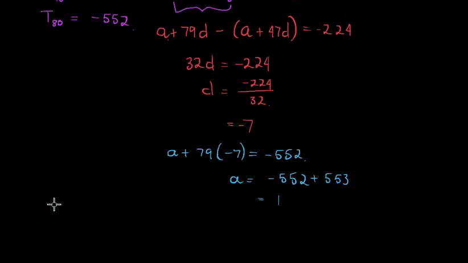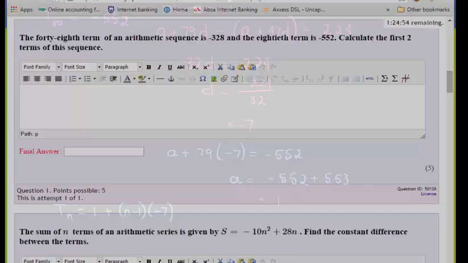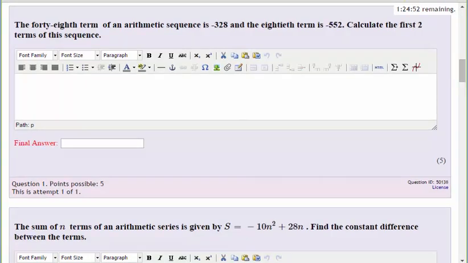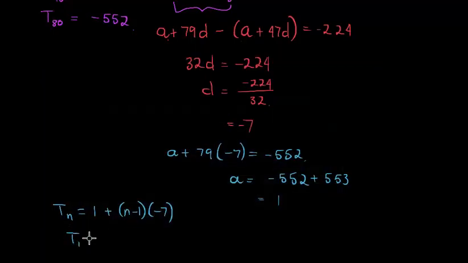So we know Tn is equal to 1 plus (n minus 1) times negative 7. They asked me to calculate the first two terms. So I know term 1 is equal to 1 and term 2 is equal to